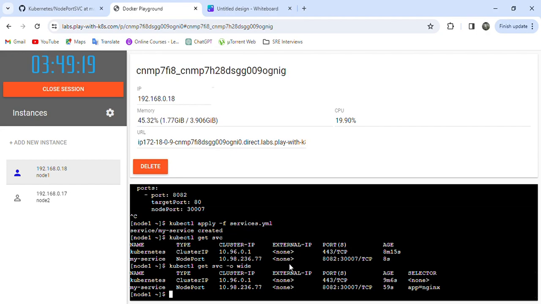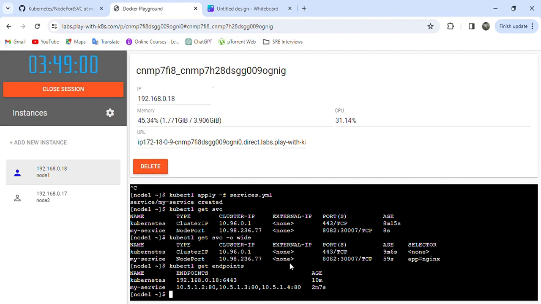But these have to be updated. The pods might get damaged or destroyed, so the IP addresses need to be updated in the service. That is what is called a service endpoint. To check what the service endpoints are, the command is kubectl get endpoints. If you see, it is the same name as the service we have created, my service, and the endpoints are the IP addresses of the 3